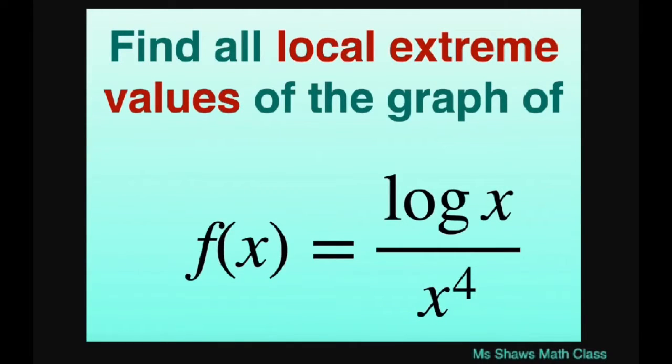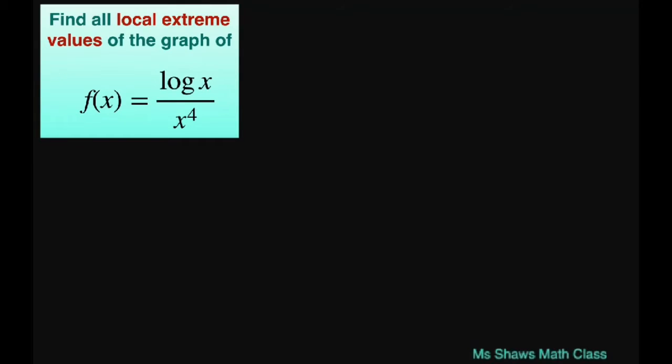Everyone. We're going to find the local extreme values of the graph of f of x equals log of x divided by x to the power of 4. So basically we're looking for horizontal tangents by taking the first derivative and setting it to 0. For this video, we're just going to look at the graph after we're done to determine if it's a minimum or maximum. You can also do second derivatives, but for this one, we're just going to look at the graph